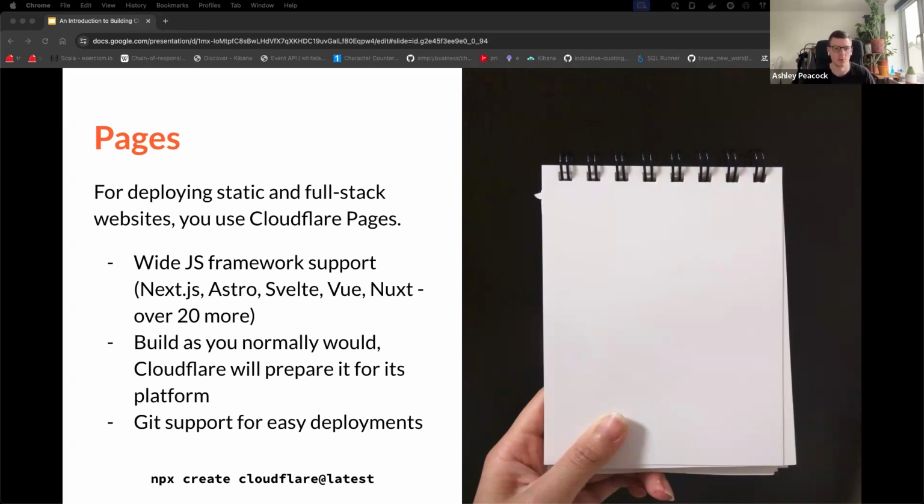And there's also Git support for easy deployment. So you can deploy from your Mac if you want to, or Windows PC. Or you can connect your GitHub repositories to Git and it will build it for you. It will do everything for you on Cloudflare's dashboard. Those are the primary two products for the core application, if you like, so APIs or websites, whatever.